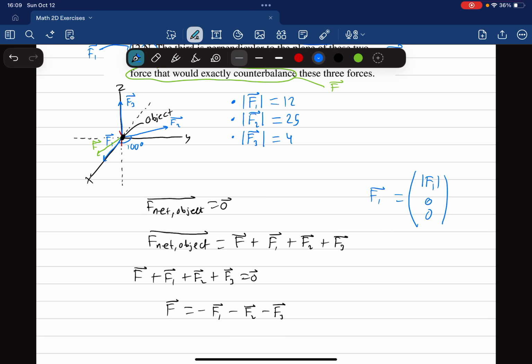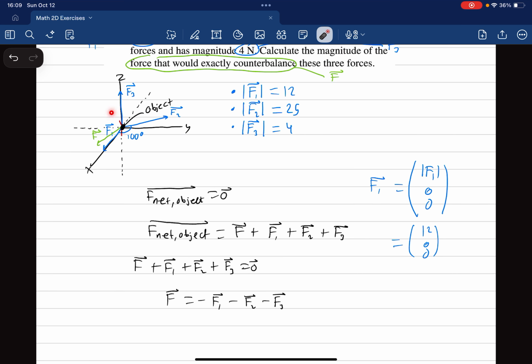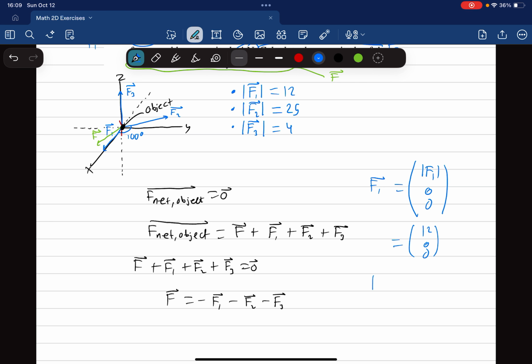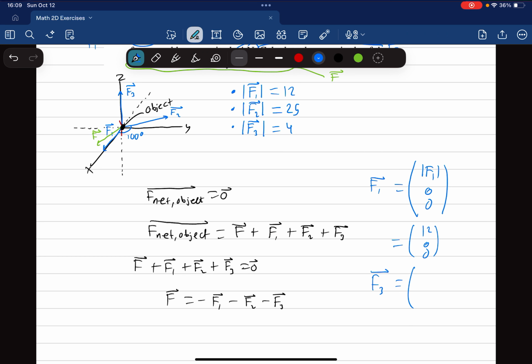Well, that's just 12. So this is 12, 0, 0. Similarly, F3 is going to be, well, now F3 only lies on the z-axis. It doesn't have any x or y components. So F3 will be